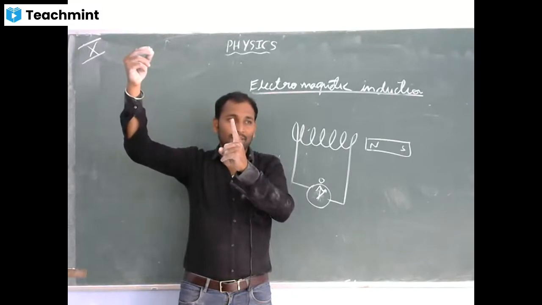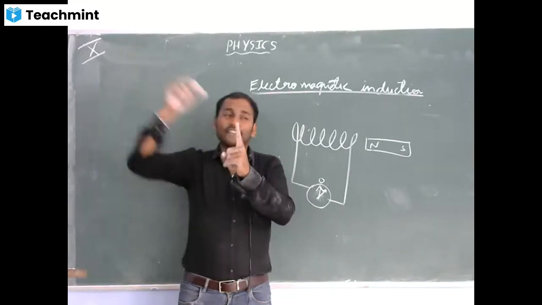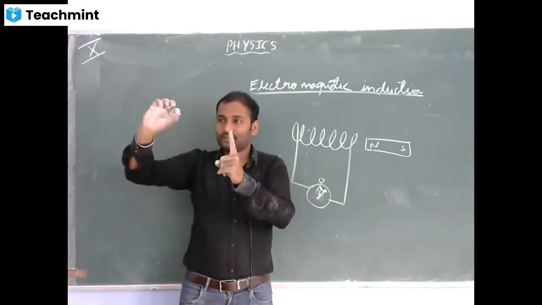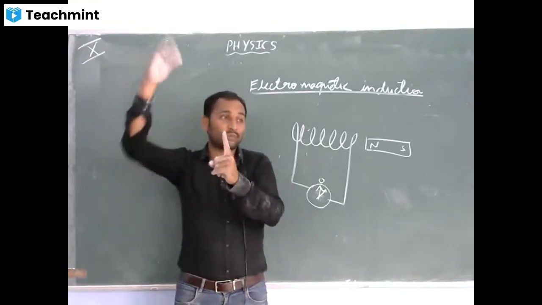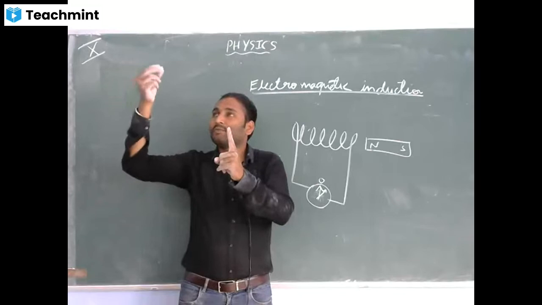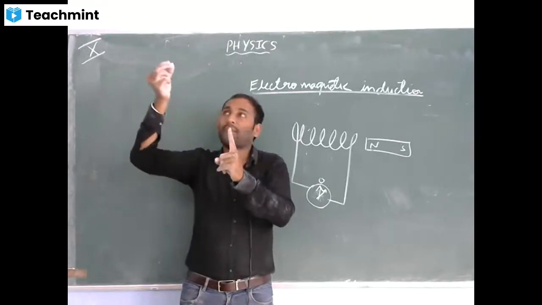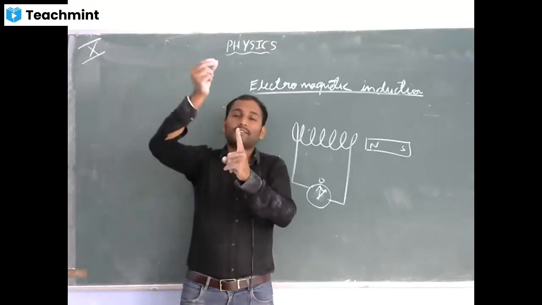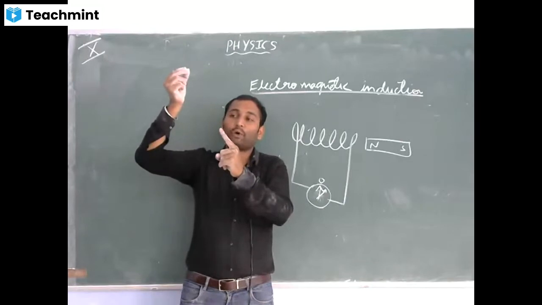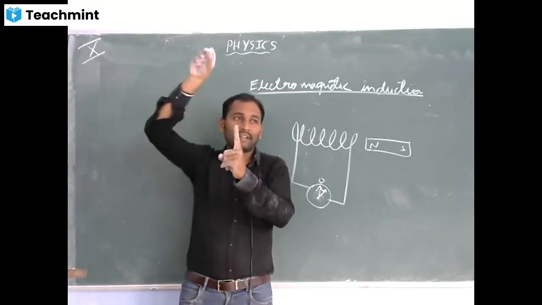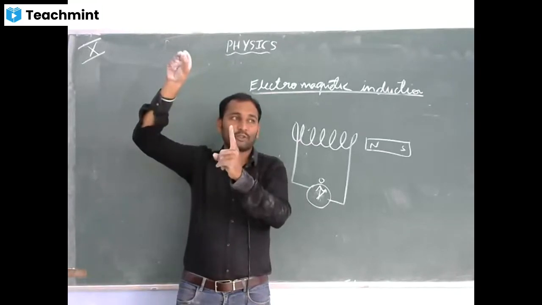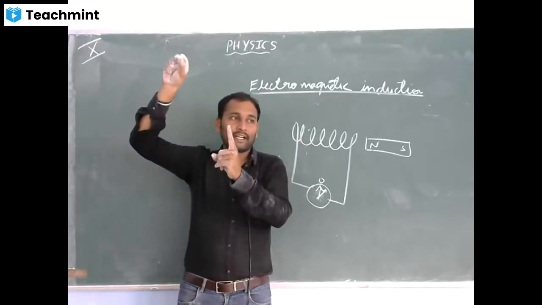Now what I will do? Earlier it was showing only this much. So I will increase the strength of this magnet. A stronger magnet gives more attraction as well as repulsion. Now this is a strong magnet. I will move it. What happens? This will show a little bit more. Come back to 0. I will reverse it. Move it. It will show this side. Come back to 0. You are understanding?